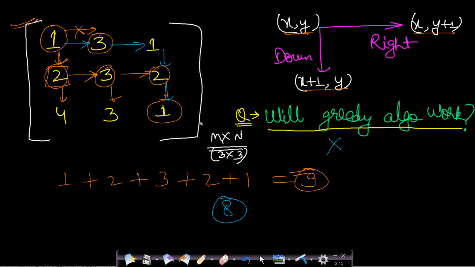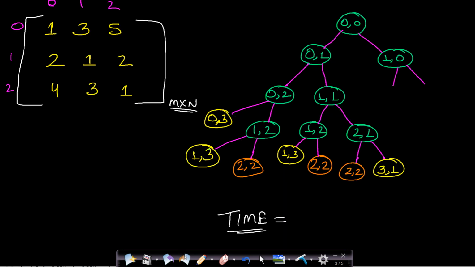Now the next approach which comes to mind is using recursion. So let us see how we can apply recursion. We will take a similar example with a 3 by 3 matrix, and we have to start from 0 comma 0 and reach 2 comma 2. Now what can we do to find this minimum path? The backtracking method says that each and every cell has two options: either it can take a path to the right or it can take a path down. The recursive approach will try both of the paths, that is, all possible paths will be tried, and then the most optimal one will be returned as the answer. So this will give the correct answer for each and every case.